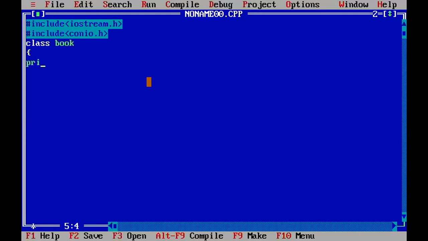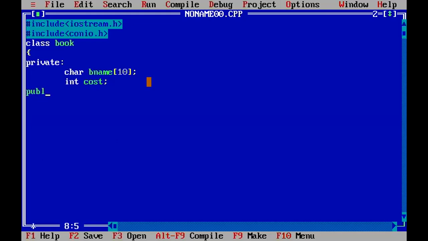Now, let me declare my data members under private so that they cannot be accessed outside the class and can be accessed only inside the class. I would like to read the book name, and I'll declare it as B name. It is a string variable, so I'm going to make it an array. Now I would like to read the cost of the book. So now my members of the class are done. One is the book name, the other one is cost.